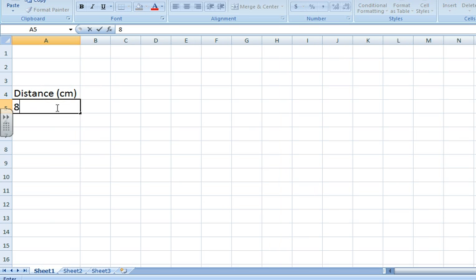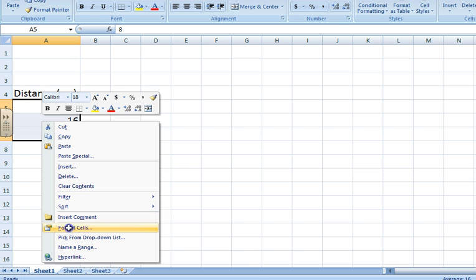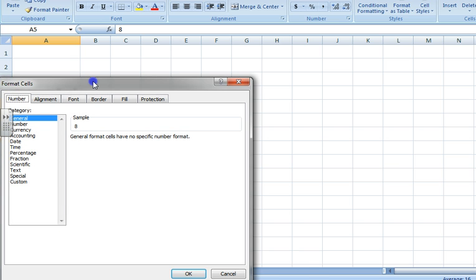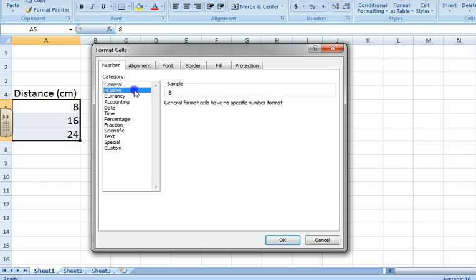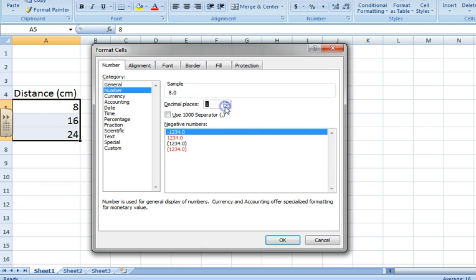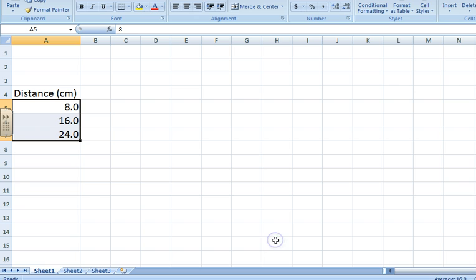And then we're going to put in, for example, 8.0, 16.0, and 24.0. The problem is that Excel is losing the zeros. So we click and drag to select all three, and then we right click, we format cells, we want to go to number, and then we want one decimal place. Unfortunately, Excel doesn't do a great job with sig figs, so we have to kind of do whatever we want